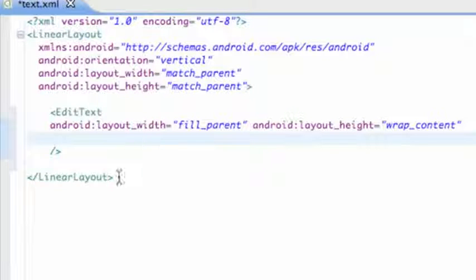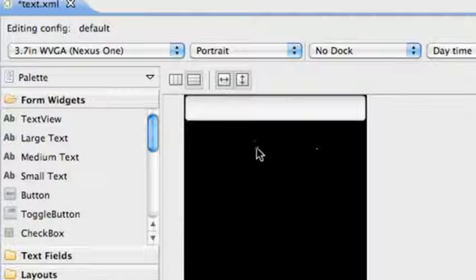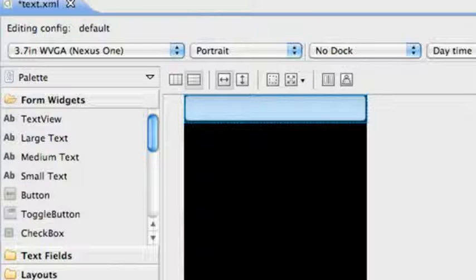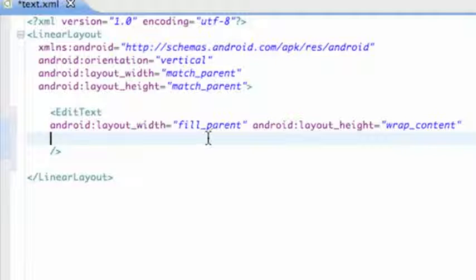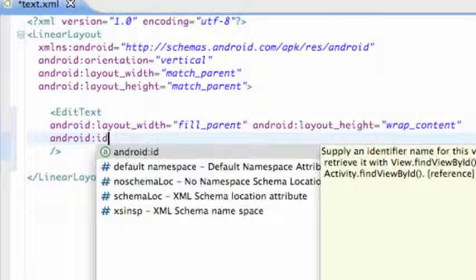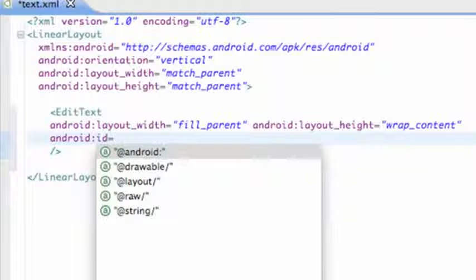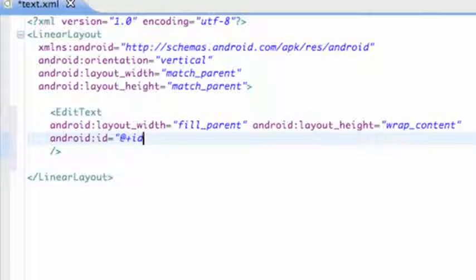But there we go, we have the setup for our edit text, and that's what an edit text looks like. You can put some input in there, some text or whatever, and we're also going to give it an ID because we want to reference it in Java. So Android ID equals, within quotations, @+id/ and then ET for edit text, so we can remember it, and we're going to say